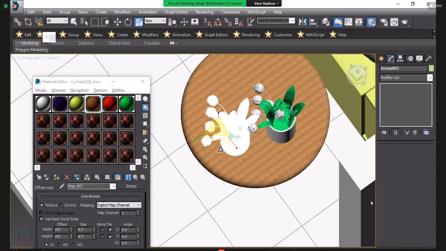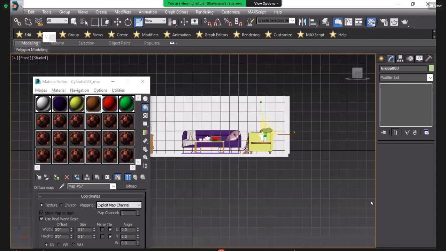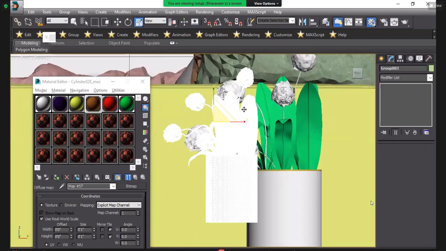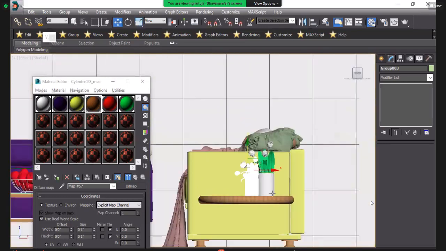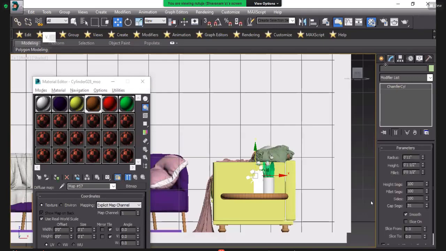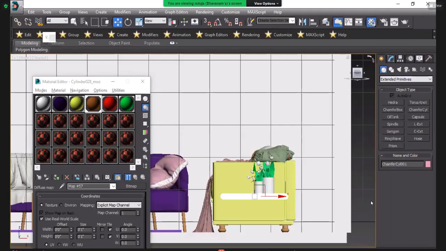I will scale it. And look here, how can I make this one? Okay, I taught you the previous day.